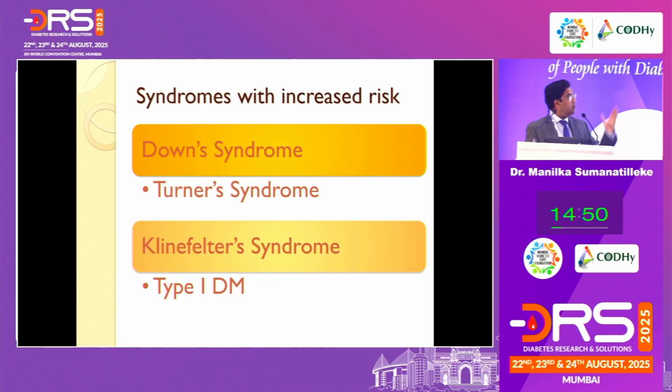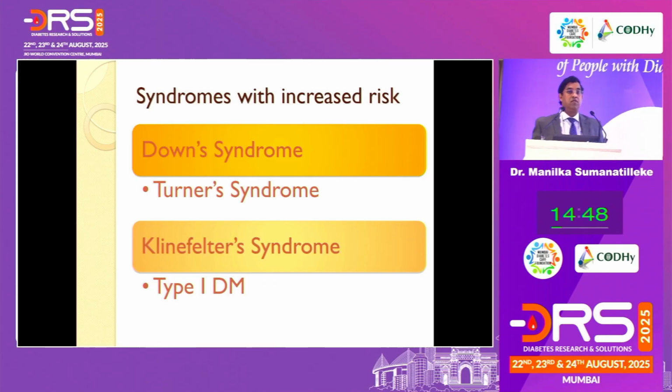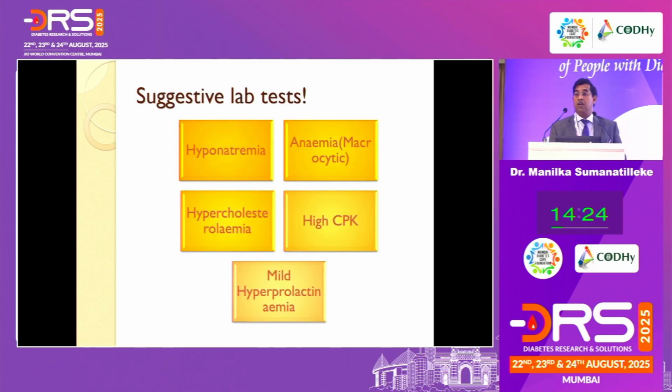And some of the children or patients with these syndromes and type 1 diabetes. Nearly 12 to 24% of female type 1 diabetes patients have hypothyroidism, autoimmune thyroiditis, and about 5 to 10% prevalence among the others. In Sri Lanka, we yearly screen all our type 1 patients with a TSH, but you could take a clinical call and occasionally screen them.